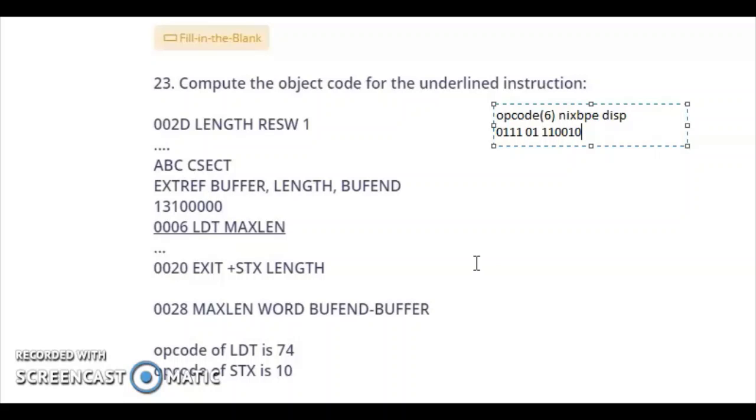Now you need to find the displacement. In order to find the displacement, you need to understand the operand address, the target operand address. So here MAXLEN is the operand variable. MAXLEN is defined in the same control section itself. So the target address will be the address of MAXLEN, that is 0028,